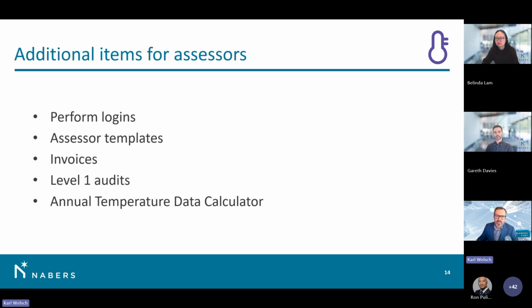So I'm just going to move on to a couple of additional items that you might want to be aware of, and I'll start with the Perform login. So for those of you already using Perform, you'll continue to use your current login. And for the assessors new to Perform, your login details will be mailed to you on the release date. This is standard practice for new tools in Perform, as the tool won't be available for view before the launch date. We'll email out those login details on the date.